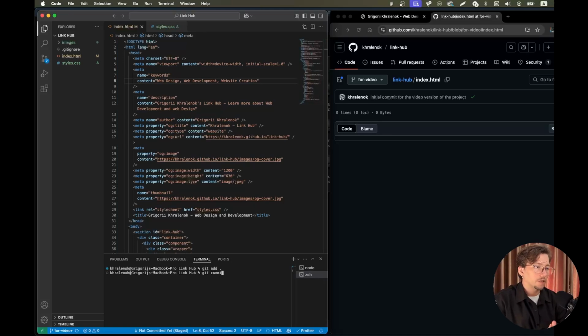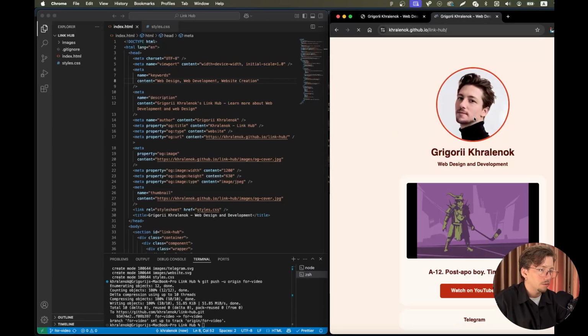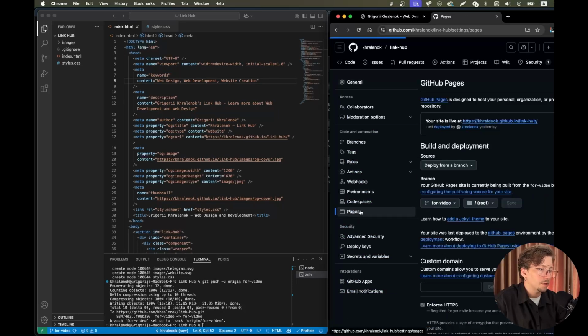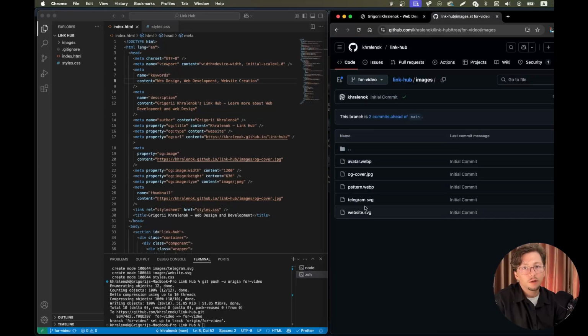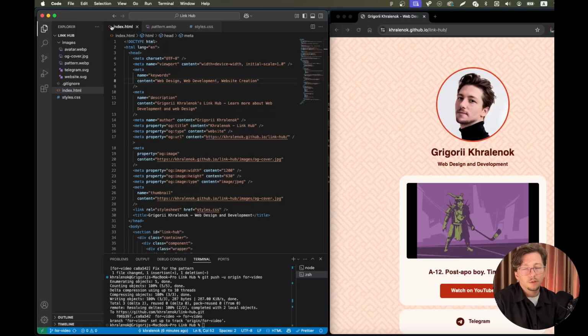First, we need to create a new repository, but I've already created it. So now I can make my first commit to GitHub and just push the files. I've also already deployed the website using GitHub Pages. To do that, just check the Pages section in the repository settings. Long story short, our website is live, but we still need to somehow collect contacts, track visitor clicks, and automatically update